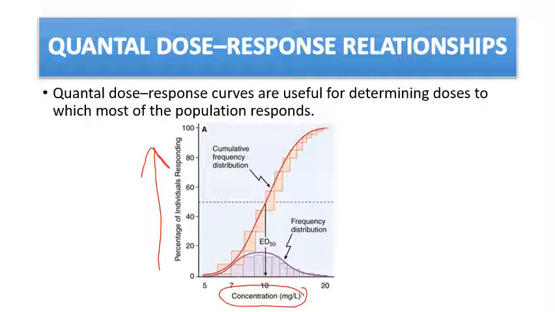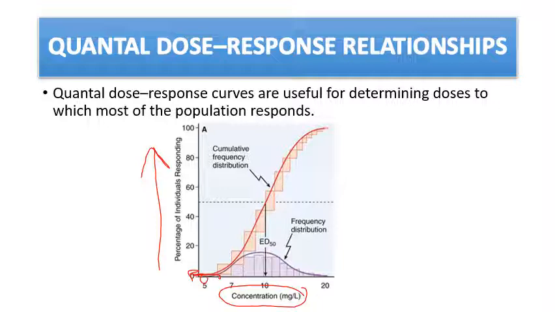At low concentrations, only a small number of the population have responded. Let's take an example. Let's assume that we have 100 patients, and we need to find the